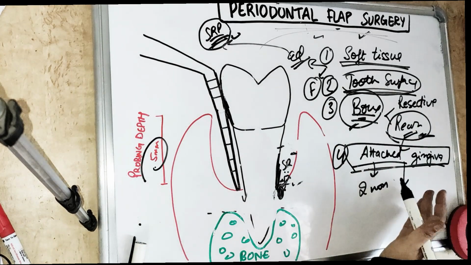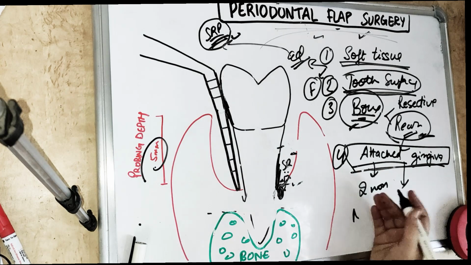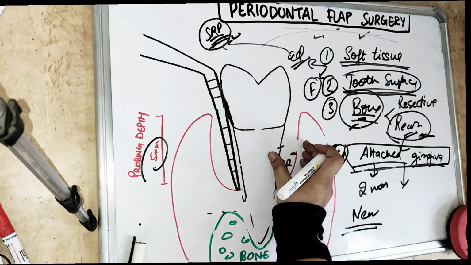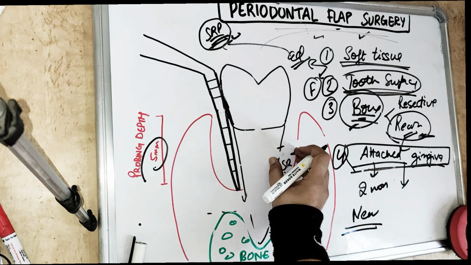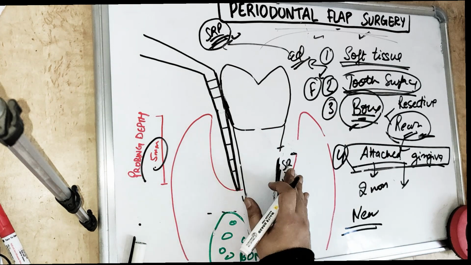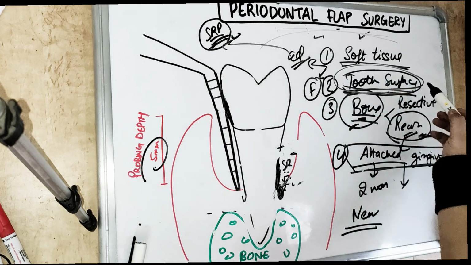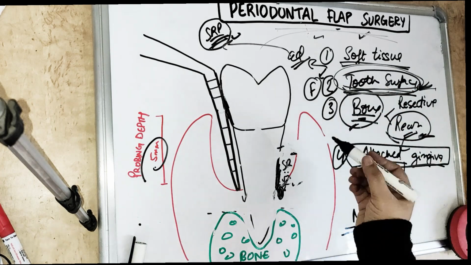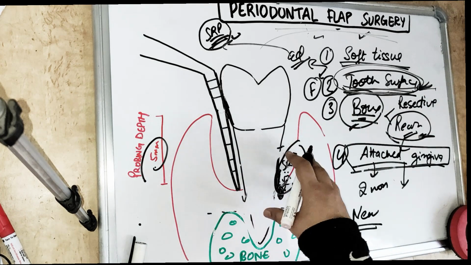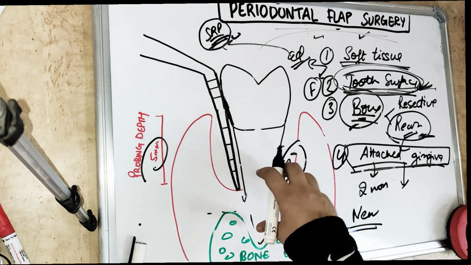Likewise, we have different kinds of pocket therapies. For example, if we want to do a GTR surgery or new attachment, so that there is a reduction in the pocket, we want to regenerate the PDL and the cementum. Likewise, if we want to remove the necrotic tooth surface, or remove the pocket wall because it is inflamed, then in the case of an infrabony defect we have to remove a little bit of bone also.